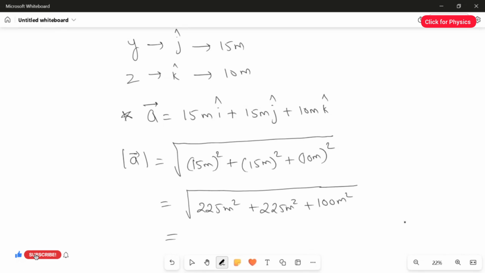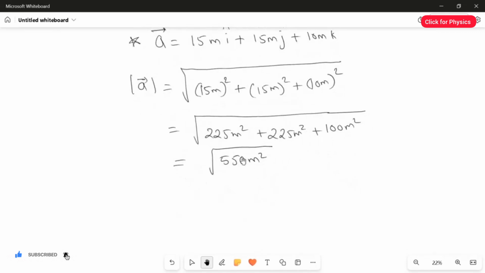Now add all these numbers. So 225 plus 225 plus 100, we get 550. So 550 meter squared, and these numbers are inside the square root. Now we have to take the square root of this number as well as the unit. For the unit, the square root of meter squared is meter, and then the square root value of 550